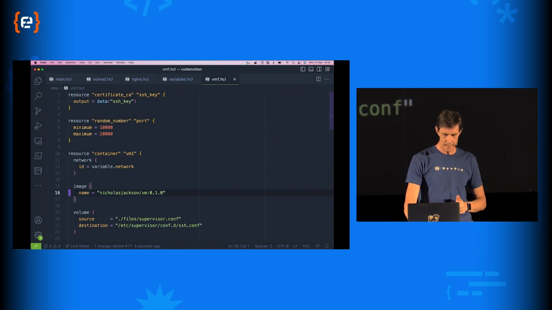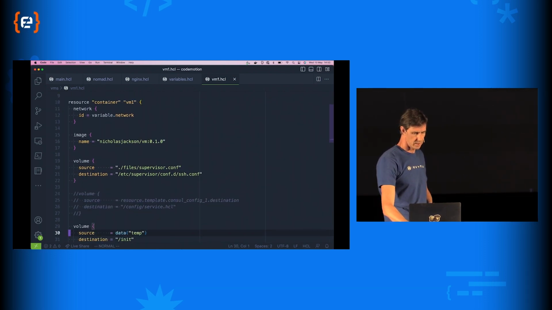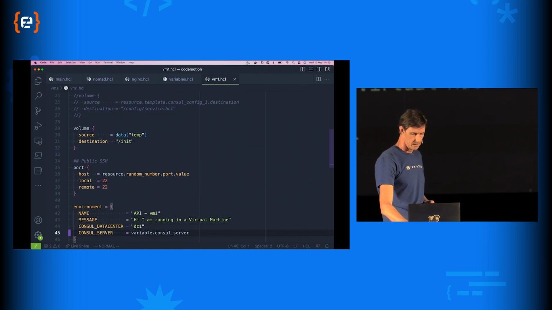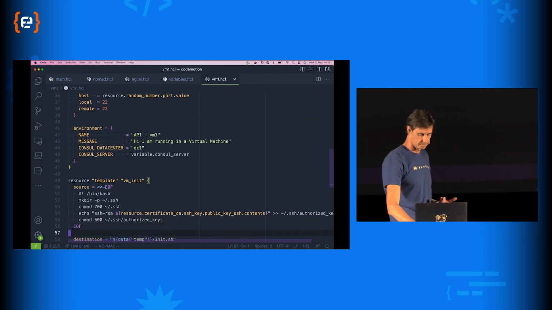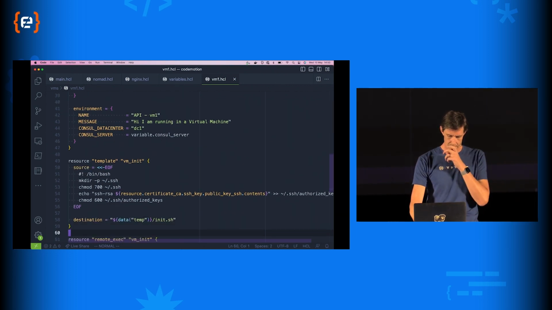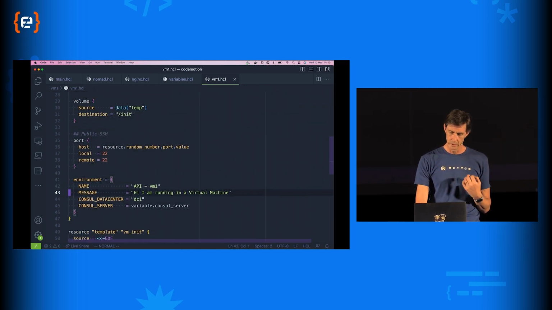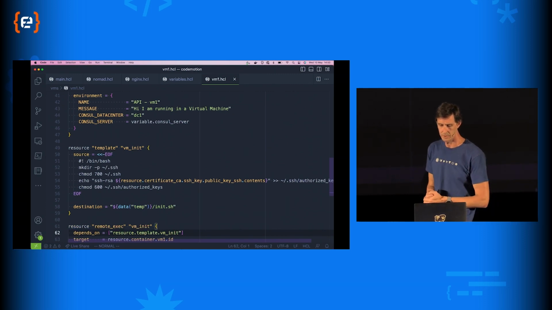And then if we go through and look at some of the other elements, we can specify the image, we can mount some volumes. So I'm going to mount an init script. I'm setting those ports, and again, all of that is going to be defined. Now, when you want to set this up, we need to think about that VM init script. So how do we do the VM init script?